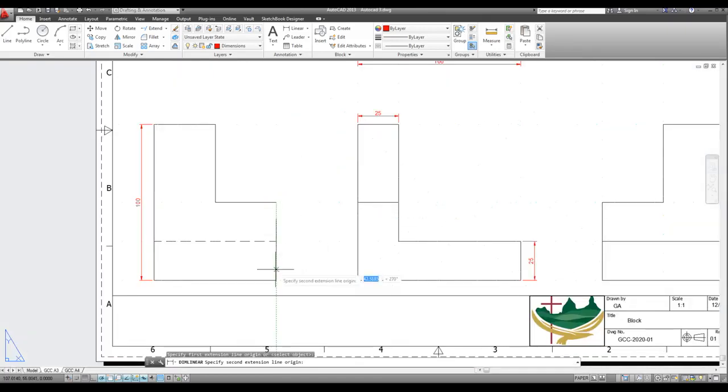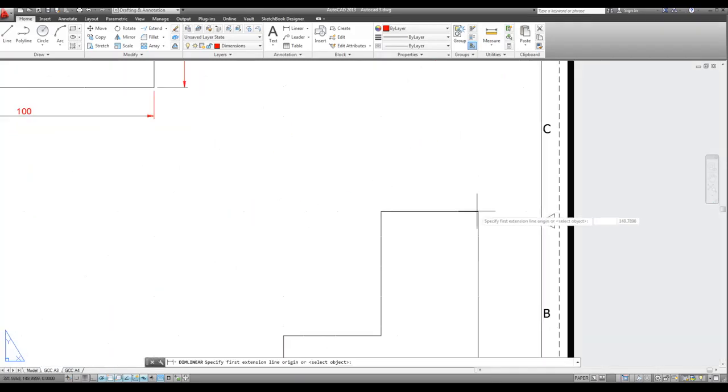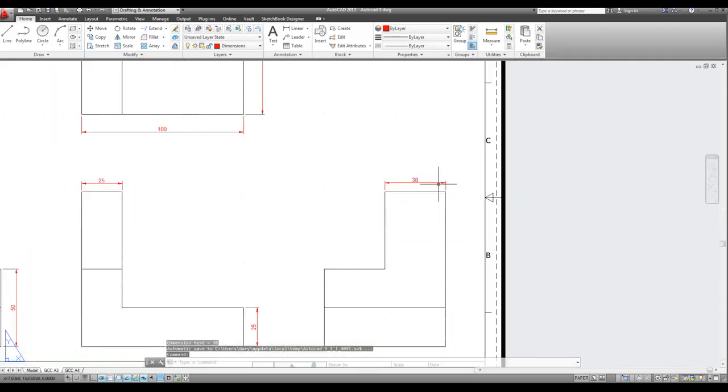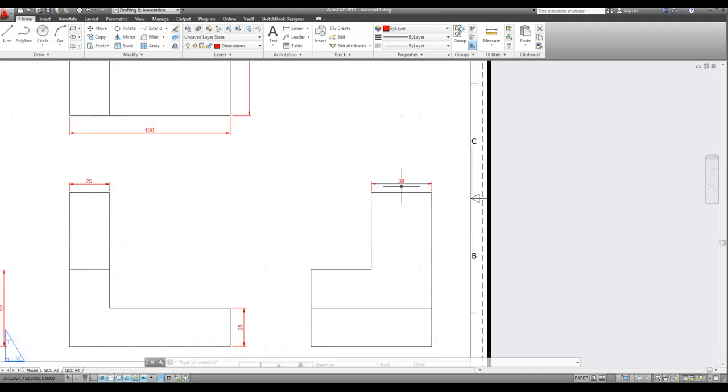We would need to know the size of this one. And we would need to know the size of this one. Now you can see that one there. I don't remember doing a dimension 38 millimeters. These ones here I do 25 and 100 and 75, not 38. So what the issue is that in the dimension style, which to be able to bring that up,